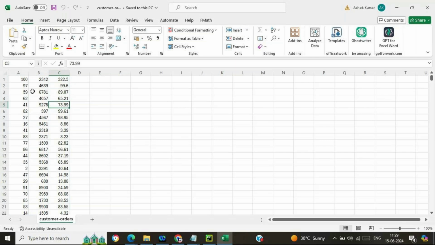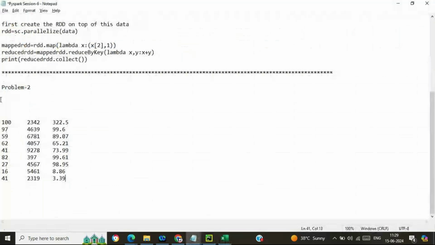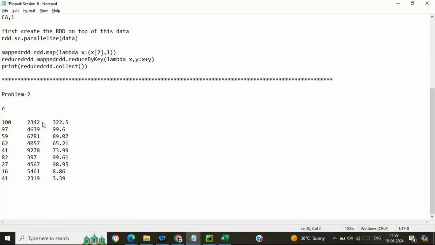So my expectation from this particular data set, let me mention, customer ID, product ID, and price.